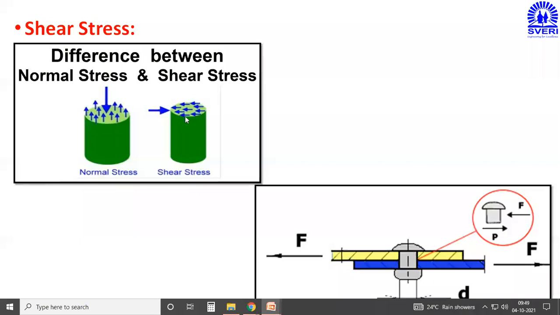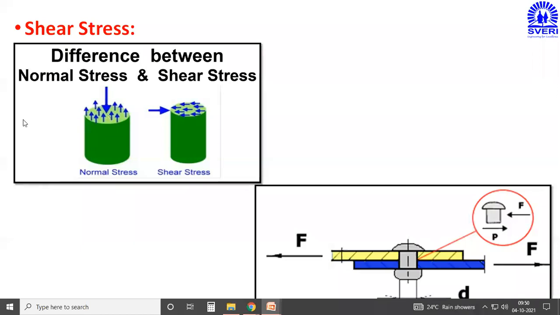But if you look at the second figure, the arrows are perfectly horizontal, and according to that I can say that this arrow represents the direction of force. In case of a shear force or shear stress, it is always parallel to the cross-sectional area. Exactly opposite in the first figure, that is normal stress, these arrows are perpendicular to the cross-sectional area, therefore those stresses will be considered as tensile stress, compressive stress, normal stress or direct stress.